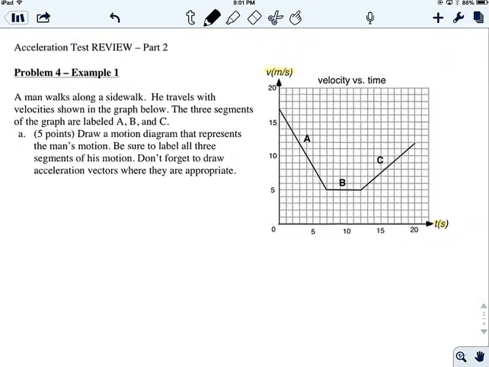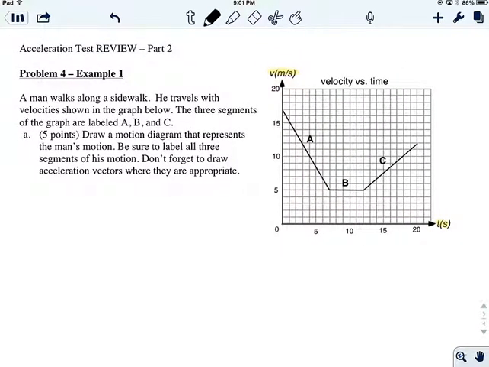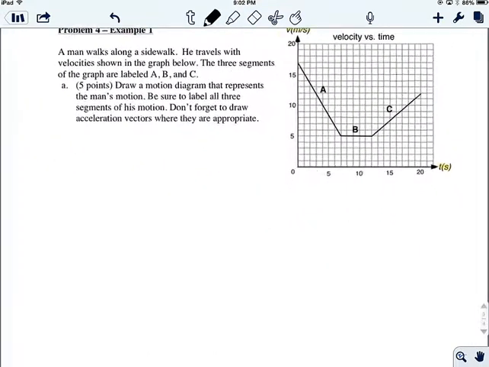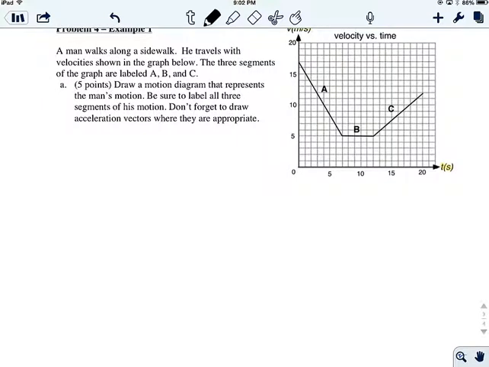So here's what they want us to do. They want us to make a motion diagram that represents the man's motion. And it says, be sure to label all three segments of his motion. Don't forget to draw the acceleration vectors where they are appropriate. Okay, cool. So there's a lot to this. But first things first,